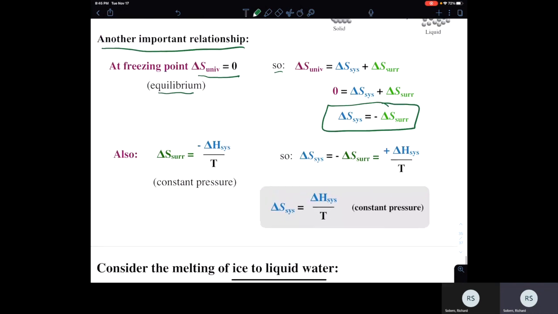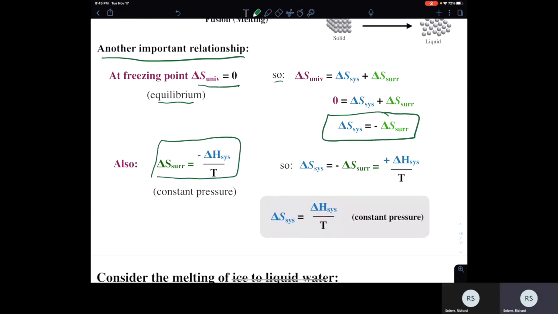Now, remember this equation, delta S for the surroundings is negative delta H system over T, and that's true at constant pressure because Q equals delta H under constant pressure. And also in that relationship, we had Q of the surroundings is minus Q of the system. So that's how we got to that point. So what I'm going to do is take this quantity, plug it in for delta S for the surroundings. And so I end up with this equation,